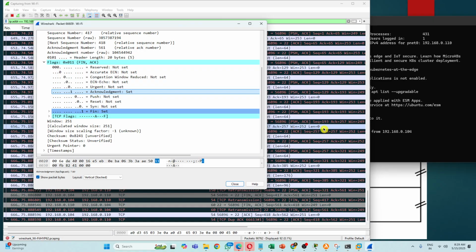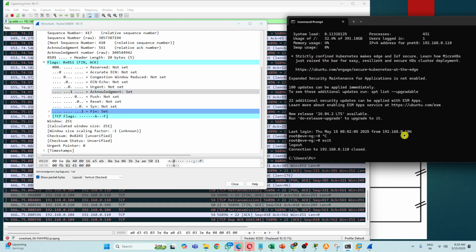The FIN flag is set to 1 whenever you close the session abruptly, like now when I closed the session using exit. The other side will understand that the user abruptly closed the connection, so it will close the connection. So what is the final bit now?